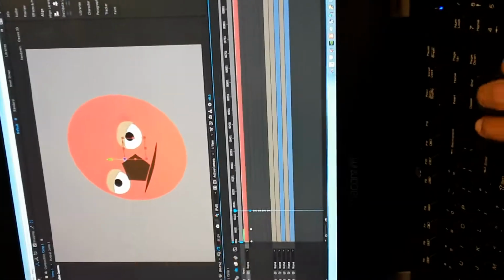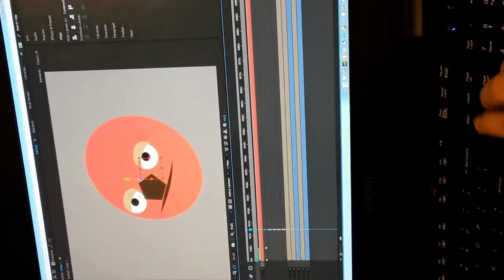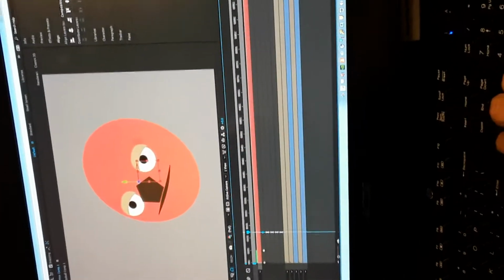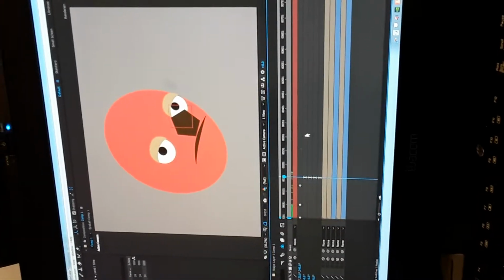Mm-hmm. Like if that's the limit, if you wanted to keep it within the organic looking skull shape, then that's as far as you go. But if it's more stylized, cartoony, whatever, then you can push it. But what was I going to do? I was going to turn it, and so that's a head that is